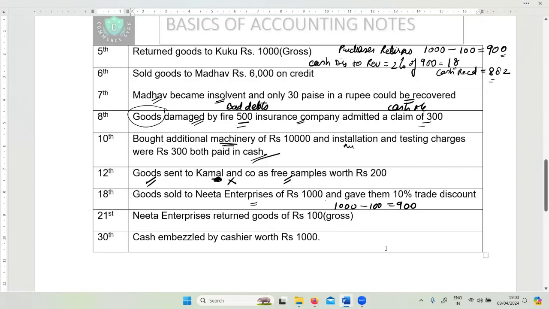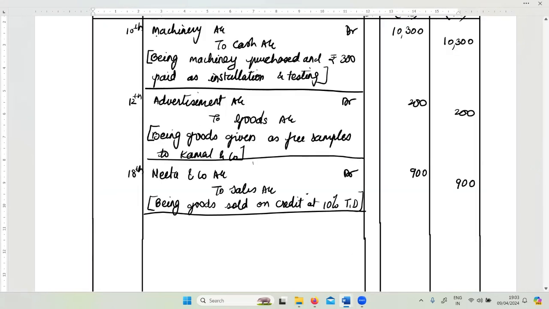Fine. Now, what is happening next is Nita Enterprise. So, it's not Nita and Company, it's Nita Enterprises here. Instead of Nita and Company, it is Nita Enterprises. So, let me correct this. Okay. Now, next on